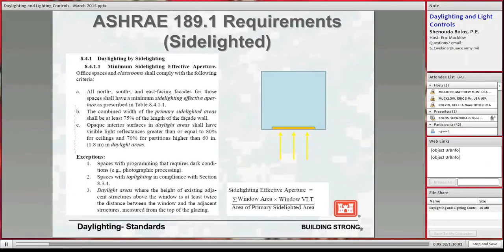Let's go over the ASHRAE 189.1 requirements, 8.4 and 8.5. 8.4 is basically for when you don't have an electrical engineer designer in your team, you don't have someone who will do the daylighting modeling. How can we approach the daylighting requirements? They said you could do it easily